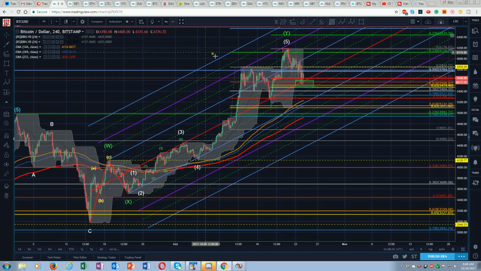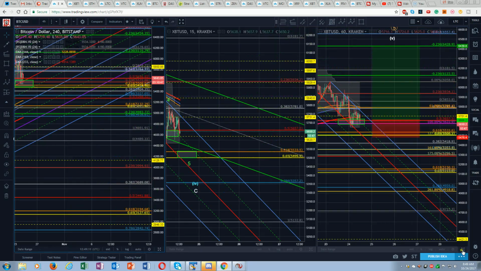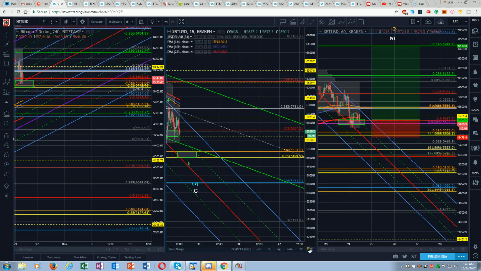Now it looks like we might have one more little tap down. It would certainly not be surprising, considering what we've seen throughout the course of this entire move, if we were to come down and tap the 618. But I just want to make the point that the shorter the time frame, the more you're consistently altering your count as the market unfolds. So a simple ABC here on the 4-hour, we get out into the 15-minute, and then we get some complexity.